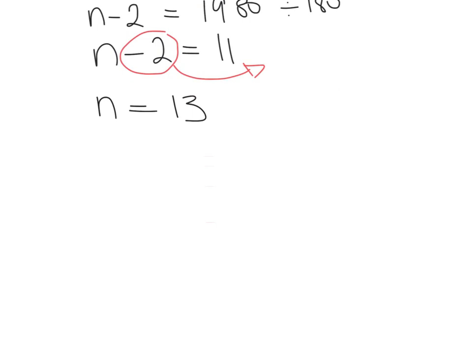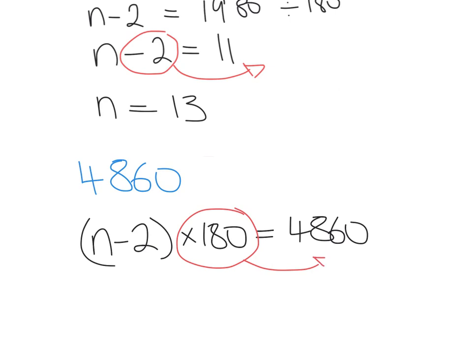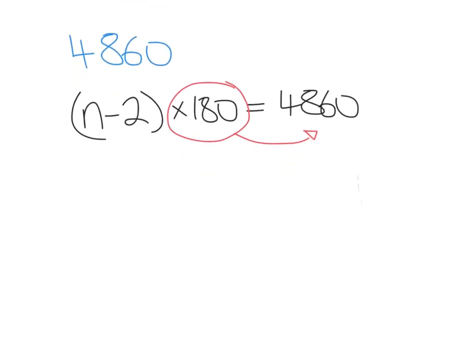Whenever the sum of the interior angles is 4,860, I'll just do the same thing. N minus 2 times by 180 equals 4,860. We're just going to take our multiply by 180. We're going to swap side, swap sign. Okay, which is going to give us n minus 2 equals 4,860 divided by 180,